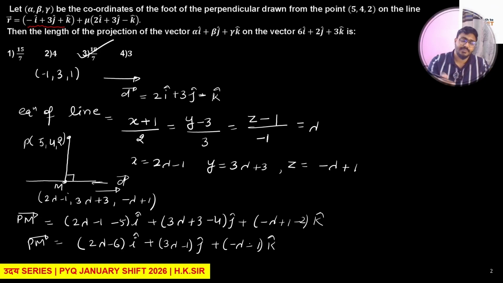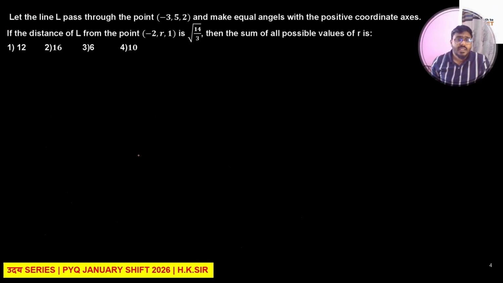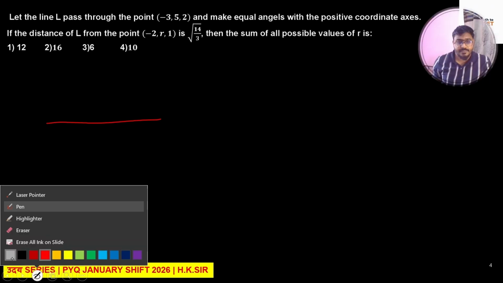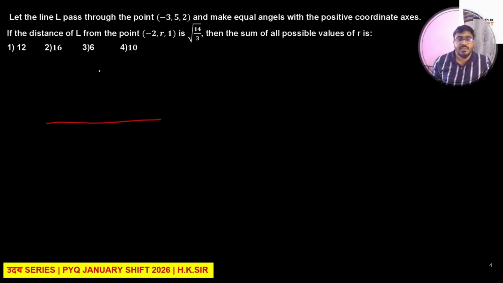चलिए क्वेश्चन नंबर 2 करते हैं। इस सवाल के अंदर हमें क्या बोला गया है, लेट द लाइन एल पासिस थ्रू द पॉइंट दिस। ओके, एक लाइन है जो इस पॉइंट से पास करती है। लेट सपोज दिस इज द लाइन, लेट मी चेंज द कलर। ओके, so this is the line and this line is passing through which point, this is minus 3 comma 5 comma 2, line is passing through this point